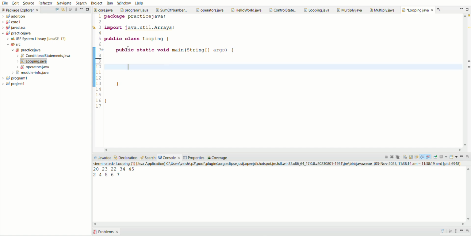So we created a class Looping. In this, the program execution starts from the main method. The public static void main(String[] args) function is the main method. First, we write a comment line. Comment lines are ignored by the compiler. Program for